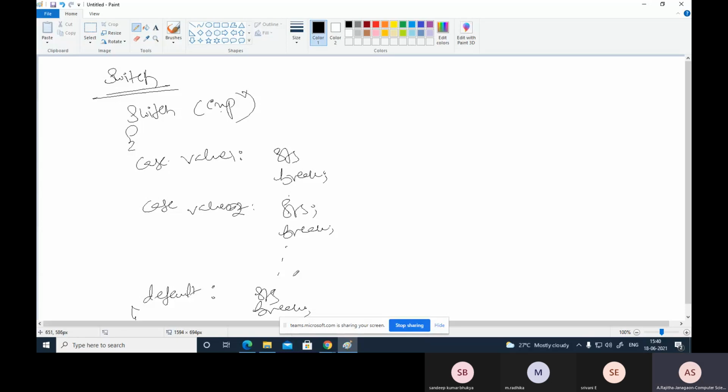Suppose, for example, I'm writing a program for this switch. In the last class I explained one program, salutation, where based on the time we can greet. That was the if statement. In the same way, suppose here I'm writing one simple program.